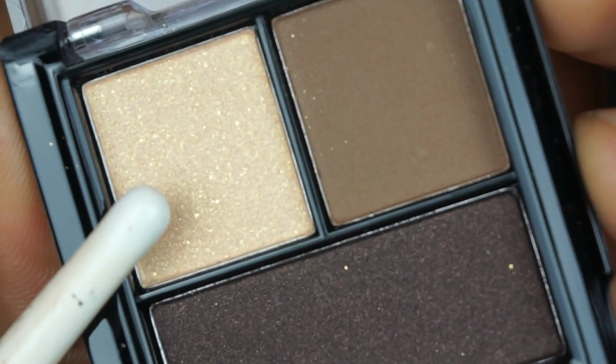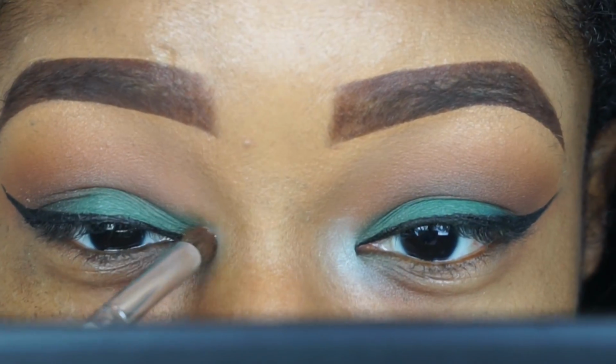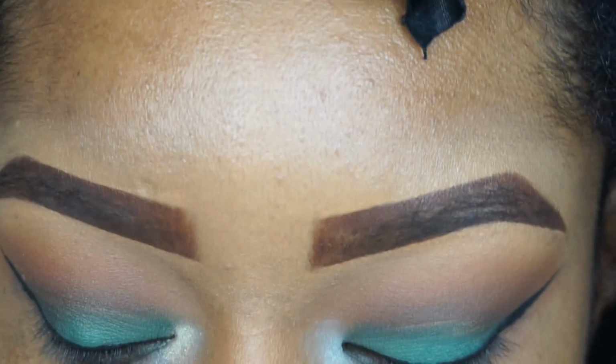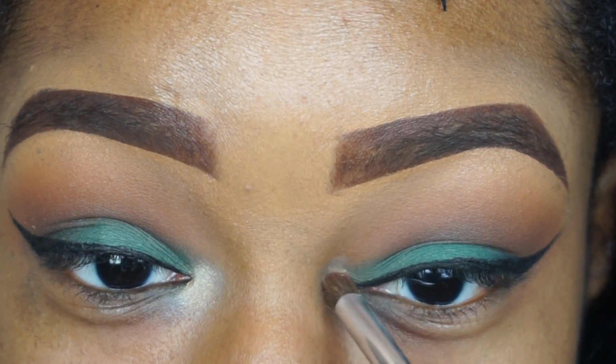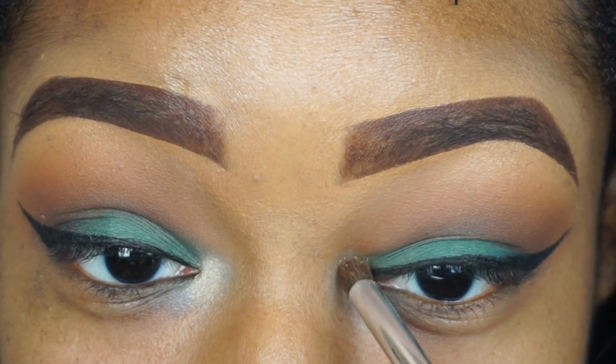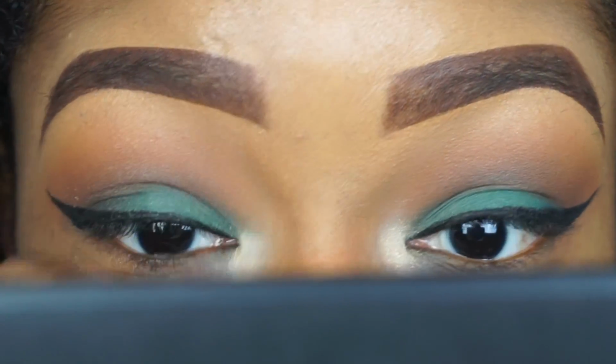Now I'm going to take this shimmery color and I'm going to put it right in the center of my tear ducts, I want to say. I hope I'm explaining that the right way. I'm just going to pack this on, and with my handy dandy finger I'm going to blend out all those